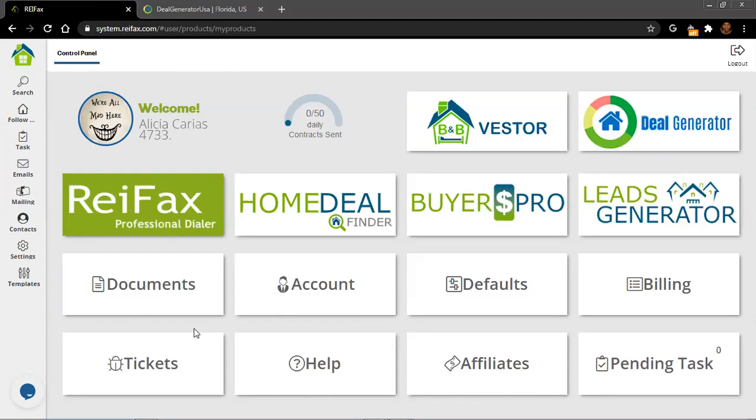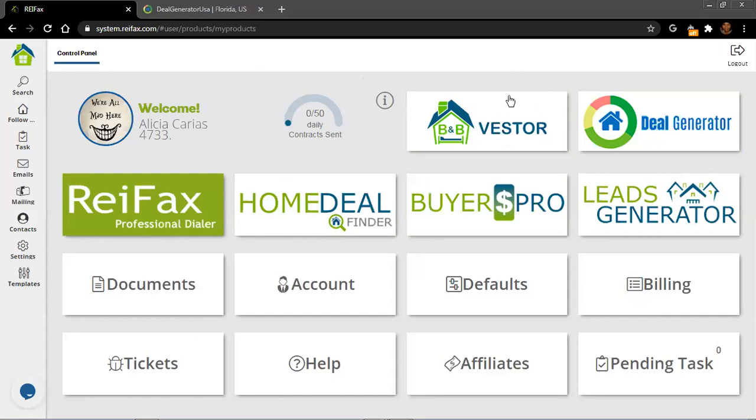If you log into ReFX from Internet Explorer or Safari or any other browser, you will not see these two tiles here. So make sure you actually log into ReFX from Google Chrome or Firefox. That way you will have complete access to all the features in ReFX. And actually ReFX works much better in these two browsers. Okay,